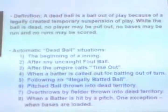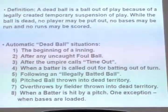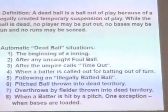Dead ball. I got caught. Oh. When do we break for a couple minutes? Yeah, we got pizza, soda, and